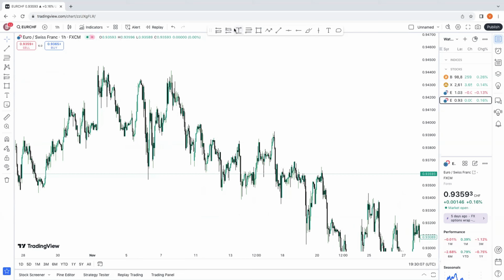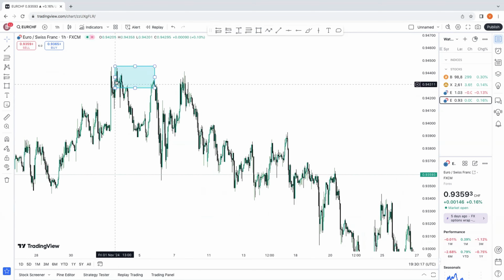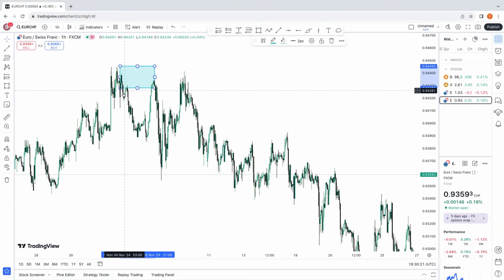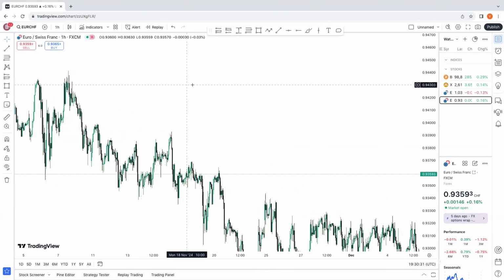Price broke down here to the downside. Look at what price did. Price came back to this opposite of the sell candle, right? Price came to retest this last candle here, this opposite to the sell candle. Price came back to it and price sold, right? So that's that for